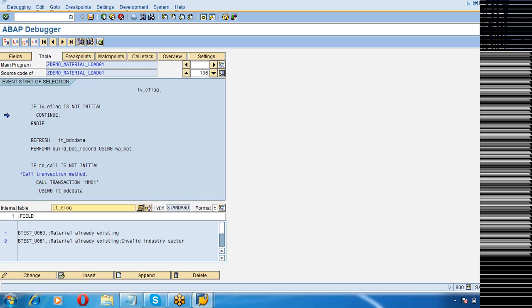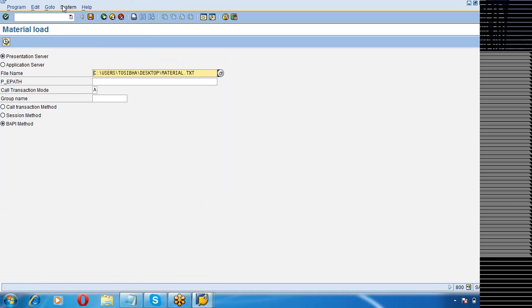Okay, a conversion program or an interface program which does not have a download feature or download functionality of error file is crap. Or you are daydreaming that all the records of the file will get posted. It's not going to happen. You are posting files, even the best looked after file may have errors, may have issues. That's the key thing to remember. So we'll continue with the post-processing errors and then how we can download it and all those things we will see in the next session.